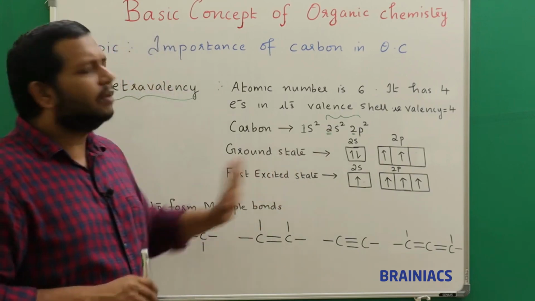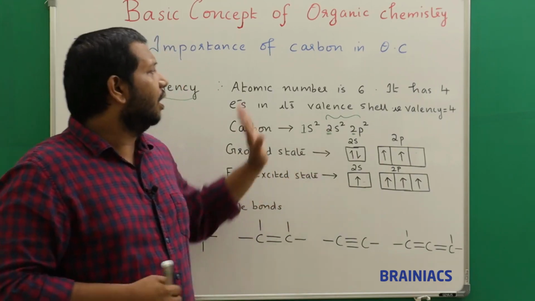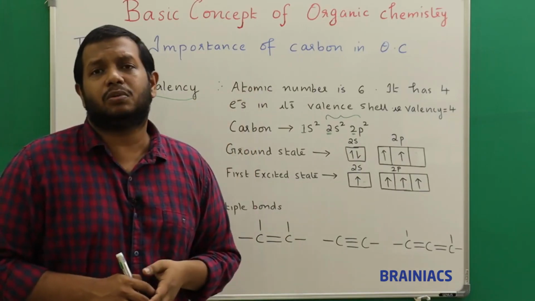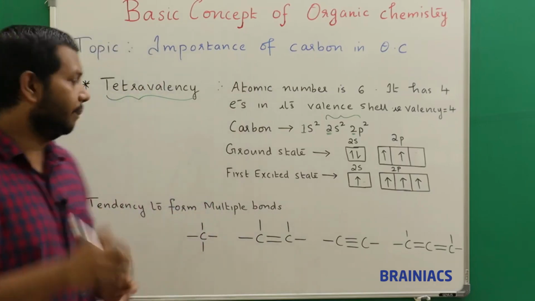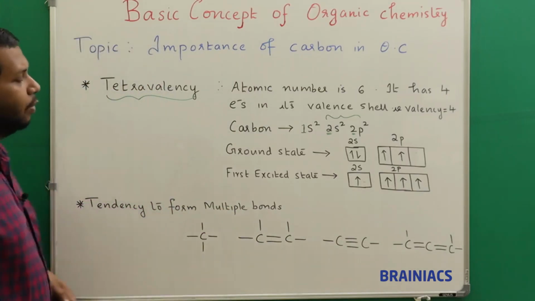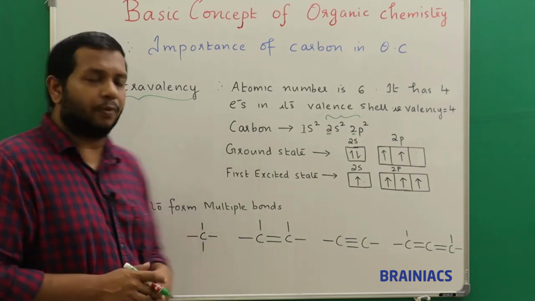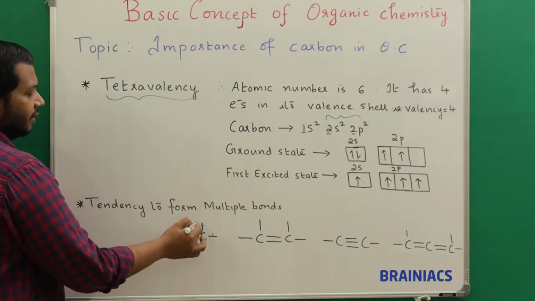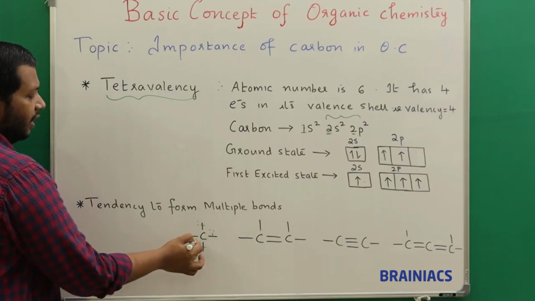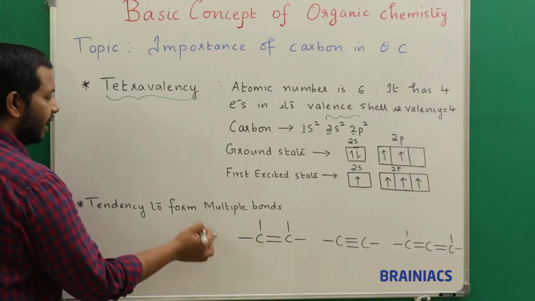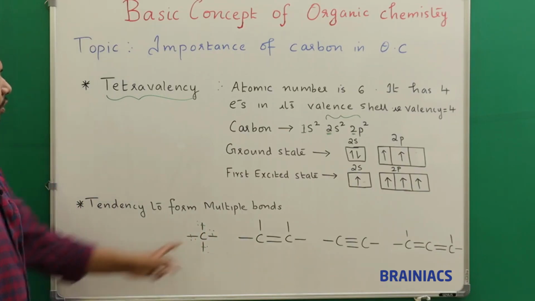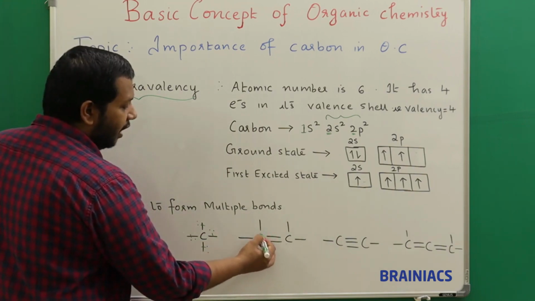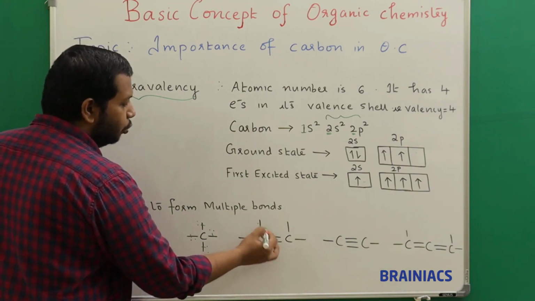Just now you believe that, very simply, carbon's tetravalency is one main reason why carbon is able to form the backbone of organic chemistry. Now the tendency to form multiple bonds: we know that the valency of carbon is 4. So it can form single bonds, 1, 2, 3, 4. So 4 valencies are satisfied; one bond is formed of 2 electrons, and 1 electron comes from the other element due to sharing. So it can form bonds like this. Sometimes it can form double bonds. You can see here carbon, here also you can see 1, 2, 3, 4.